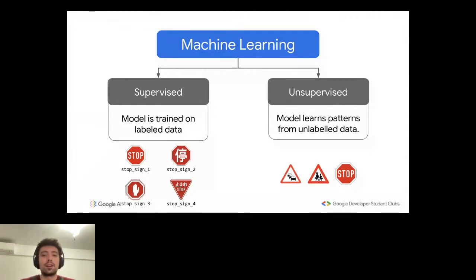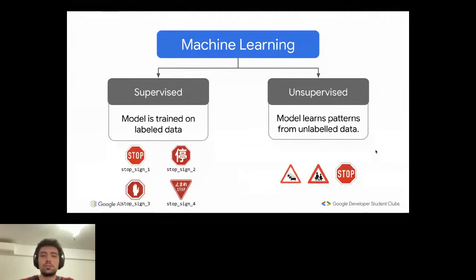We don't tell our system that, and we let the system learn from the data unlabeled. For instance, an unsupervised learning scenario is that of clustering, right? We give data to our model, and our model is able to cluster together, to group together what is being fed to it. So for instance, in this example, it would group together these two, maybe because they're both triangle shaped, or because the center is white and black, right?